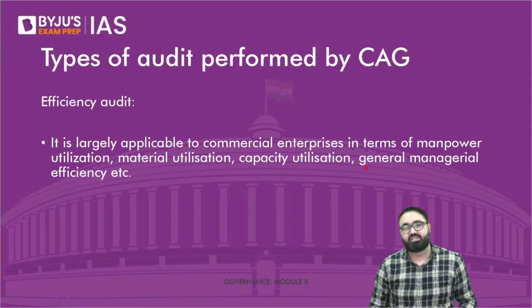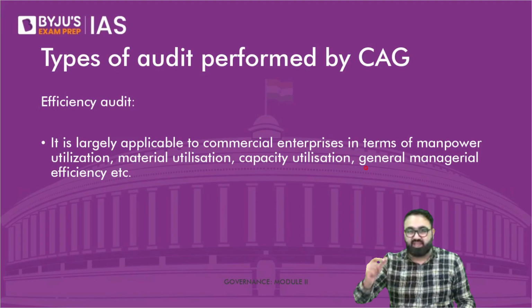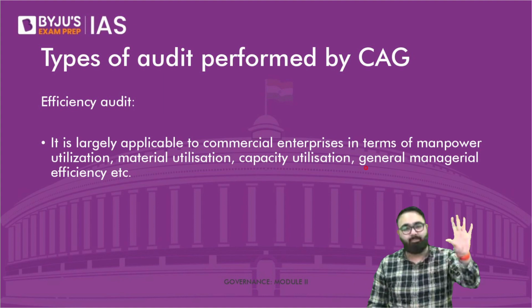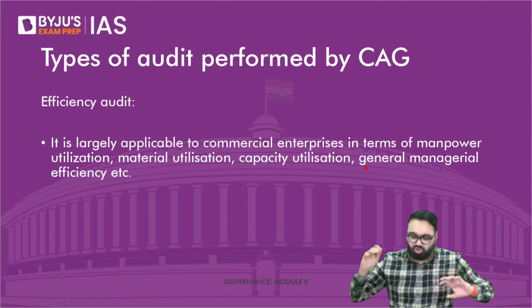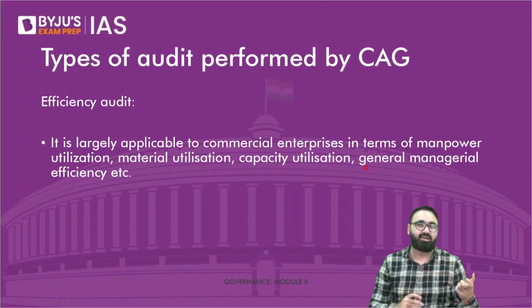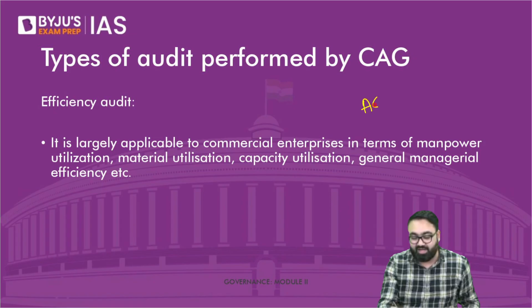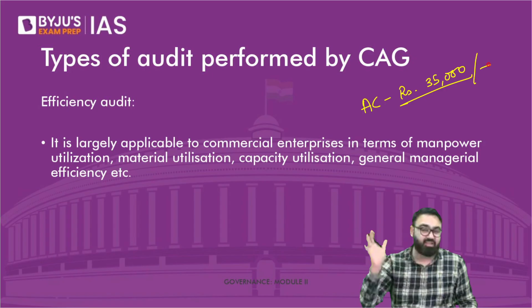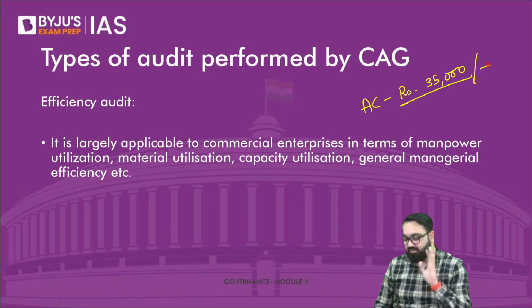Then comes the efficiency audit. Efficiency audit means whether the government was efficient in using the money. Let's take a simple example. Let's say you go and buy an AC from the market. You go to Amazon, use all your discount codes, cashback, credit card cashback, big billion day sale, everything you did. And after that, this AC that you wanted costed you 35,000 rupees. Okay? You bought one AC, you used all the cards or everything that you had. You borrowed a card from your friend, 10% cashback on credit card, everything you did,